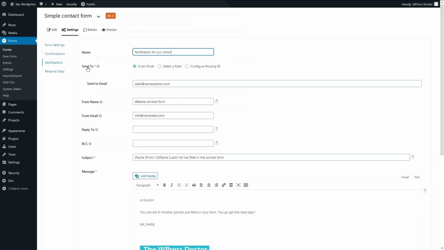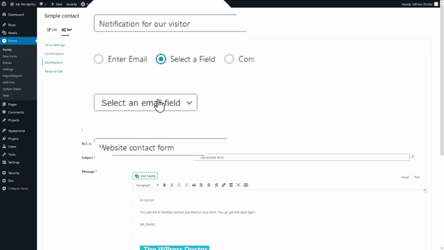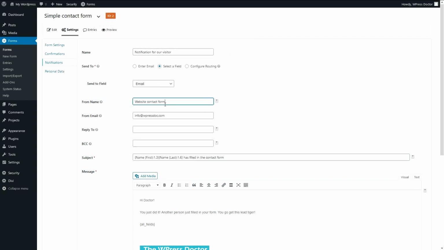Alright, where do we want to send it? We need to send this to a field, to the email field that we have created inside the form. So the from name, we're gonna brand this a little bit to your own needs. So let's create: this is from the support team from the WPress Doctor.